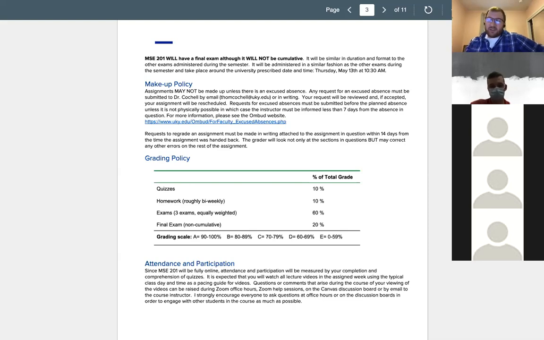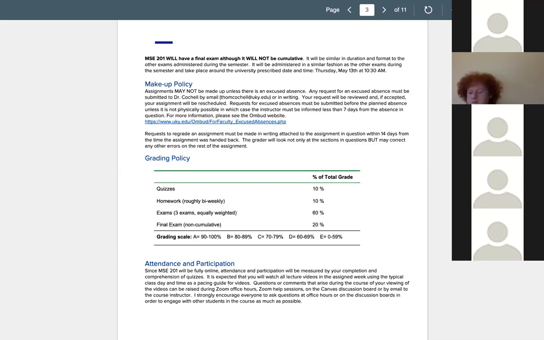This semester, because we have this online and we're making everything work as best we can, I am going to be pretty generous as long as you're communicating with me and you let me know what's happening. So if you want to know if it's excused, or just let me know your situation, and we'll try to make it work as best we can. I don't want to make things harder, because I know it's not been great online the last almost year now. So just let me know if something arises. If you're having difficulty with the class, I'm here to help. I'll try to help whenever I can with that.